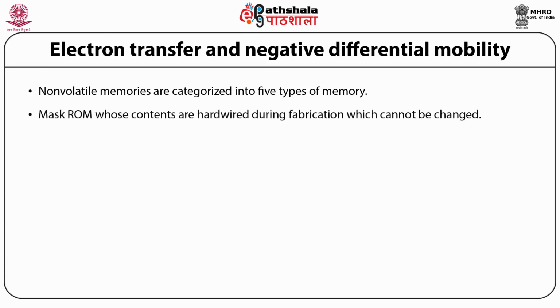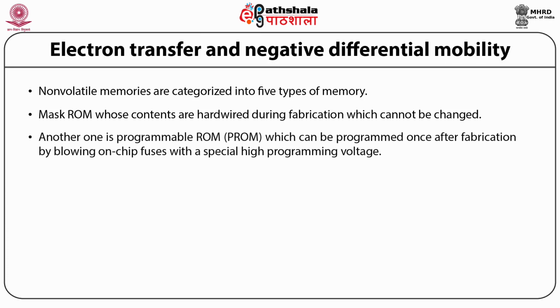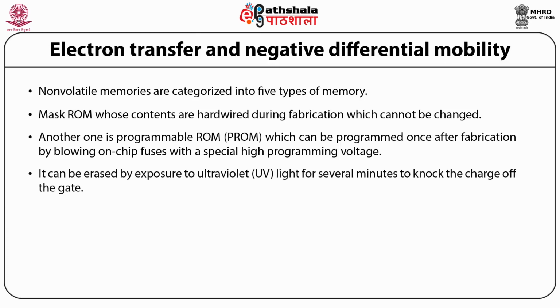Mask ROM, whose contents are hardwired during fabrication, which cannot be changed. Another one is programmable ROM, which can be programmed once after fabrication by blowing on-chip fuses with a special high programming voltage. So next is the erasable ROM, or EPROM, which can be programmed by storing charge on a floating gate. It can be erased by exposure to ultraviolet UV light for several minutes to knock the